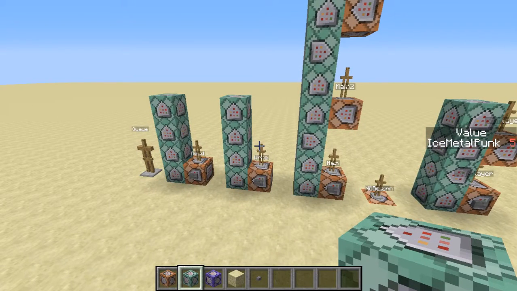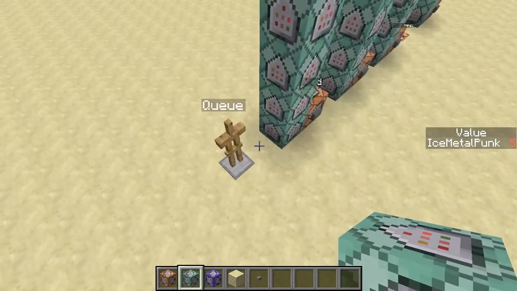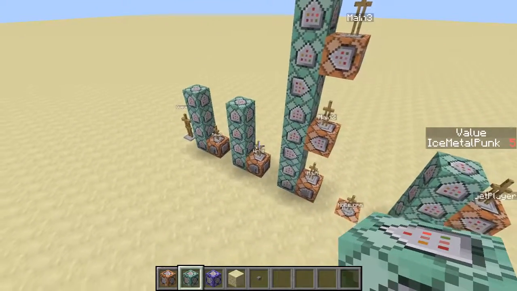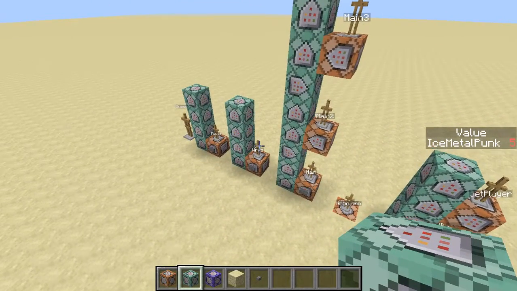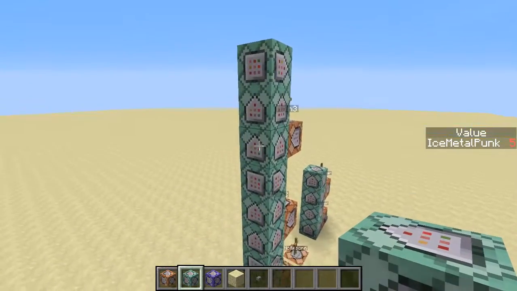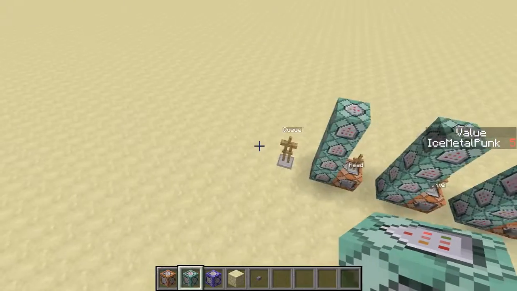Now, I was thinking of using this queue to create a sort of flood fill, because if you have a queue, you can do breadth first search. You need a stack for depth first search, but to be honest, the only difference between a queue and a stack is the direction it reads from. So it wouldn't be too hard to turn this into a stack. But yeah, you can do breadth first search with a queue, and breadth first search is a way to do a flood fill. So I was thinking about doing a flood fill with this queue system,